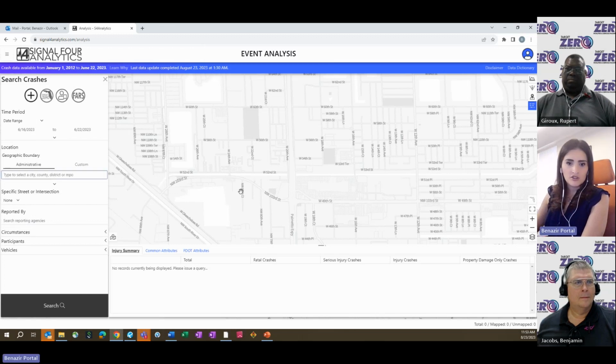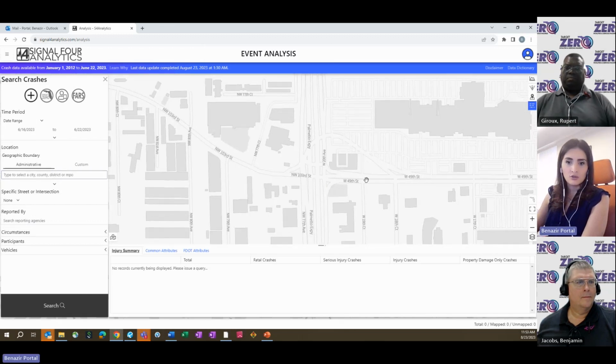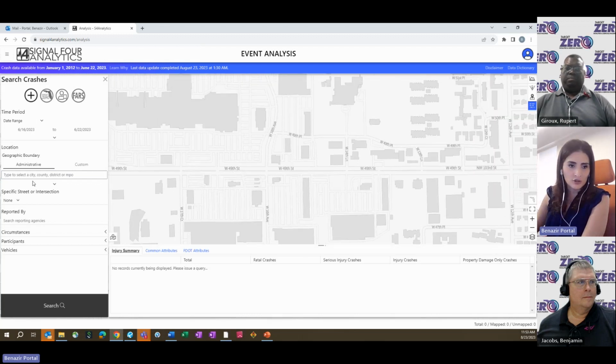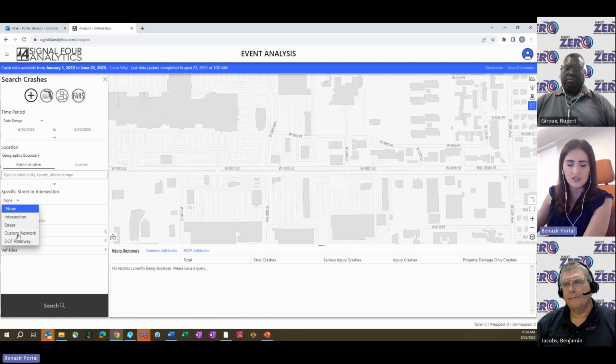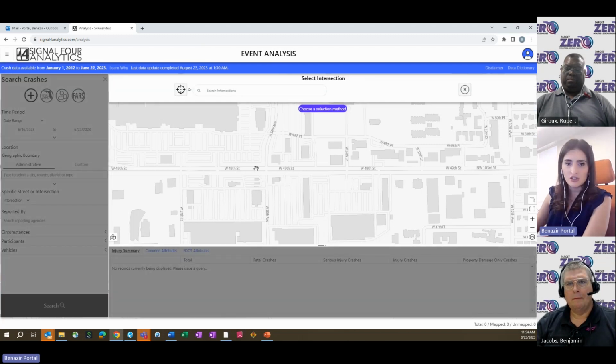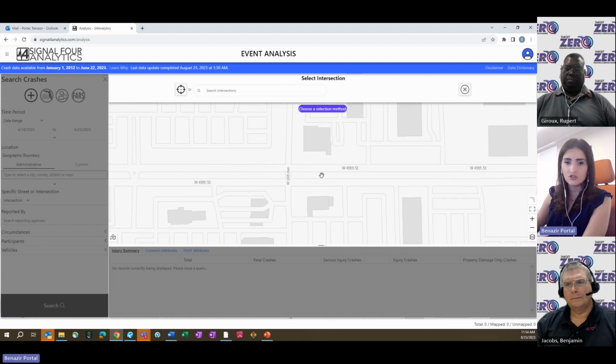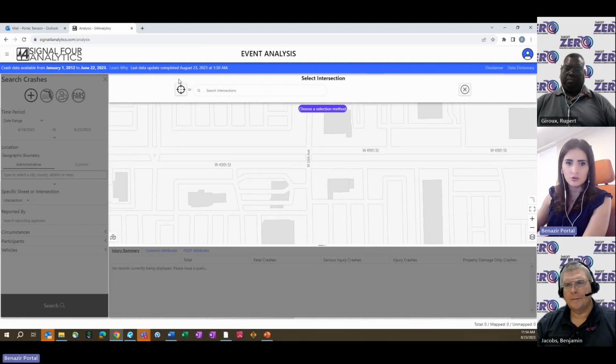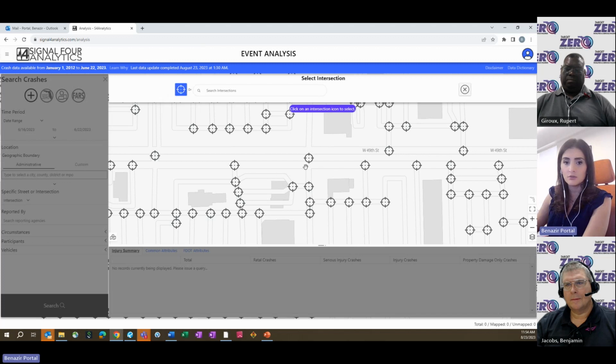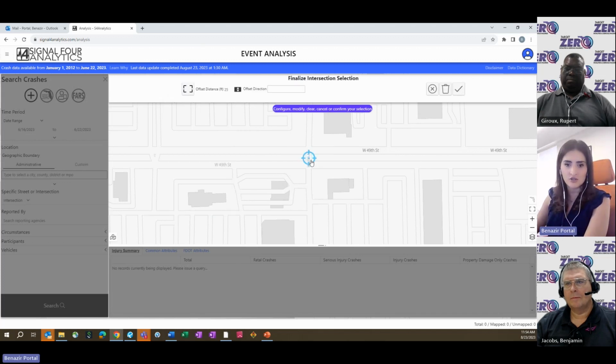Important to note, we also want to show you a few additional features within the crash data download. So let's get out of custom, administrative tab, and note that within those features that I was showing earlier, you have the DOT roadway, which is what we walked through a moment ago, but you also have intersection, street, and custom network. For intersection, once you select that, it should be able to show you the locations where we have intersections or nodes within